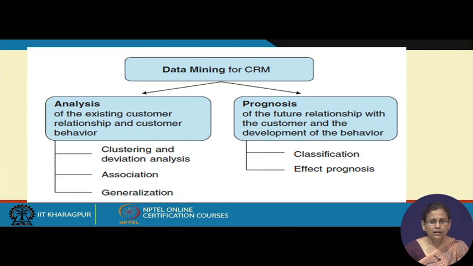So, during this data mining process in CRM, you can analyze the existing customer relationships and customer behavior using various techniques such as clustering and deviation analysis. For example, if you apply clustering on the customer data and you find a small cluster which is different from other regular customers,